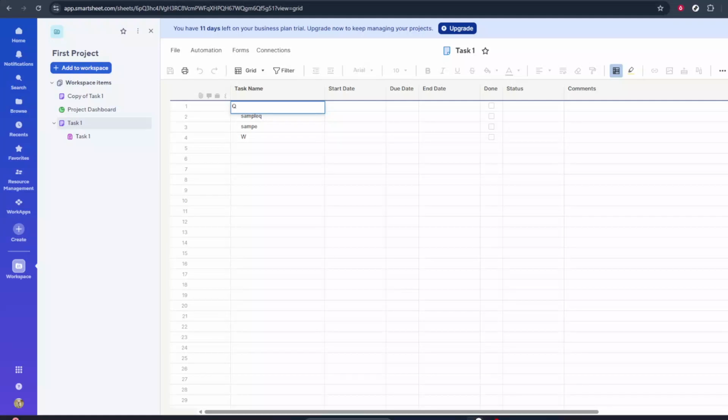In today's video, I'm going to teach you how to lock a column in Smartsheet. Locking a column is really useful when you want to protect key information from being accidentally changed, especially if you're collaborating with a larger team. Think of things like status fields, formulas, or reference IDs that should stay consistent. By locking a column, you can control who's allowed to edit it, while still letting people view the data they